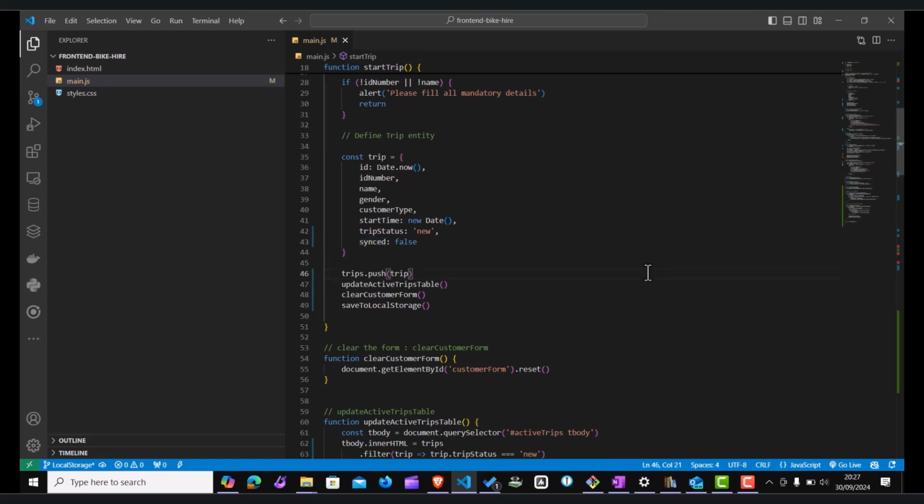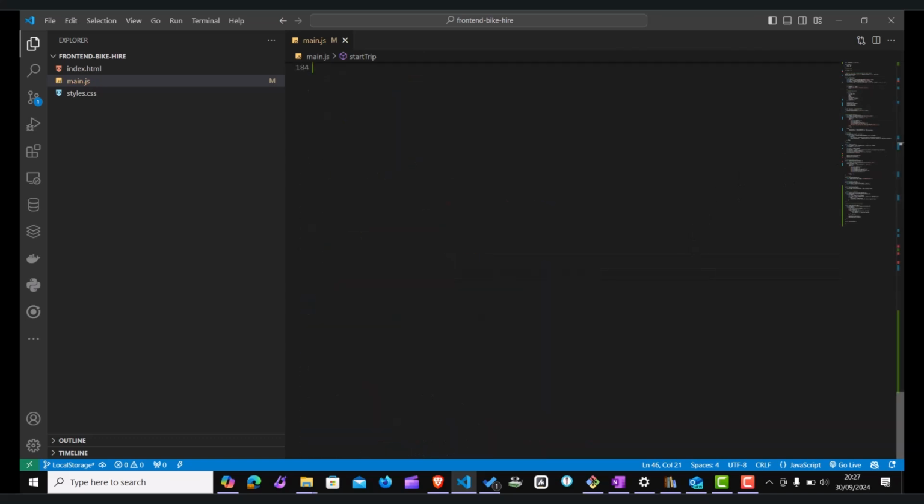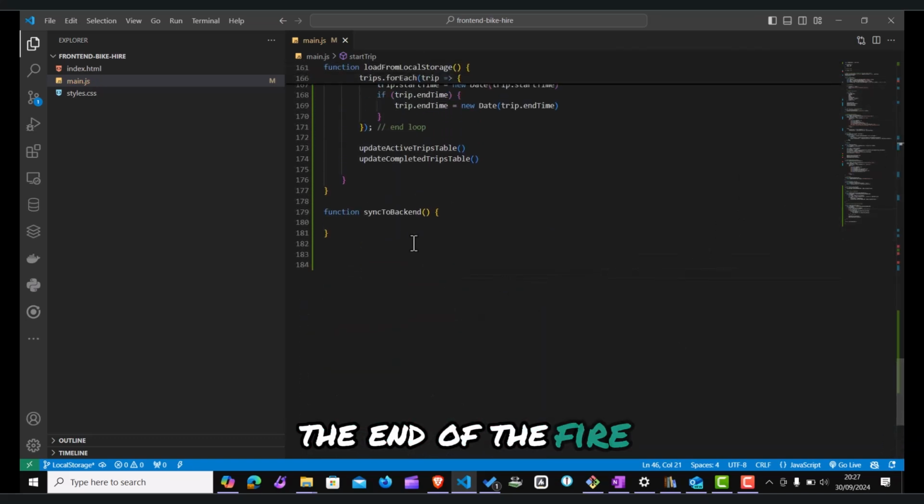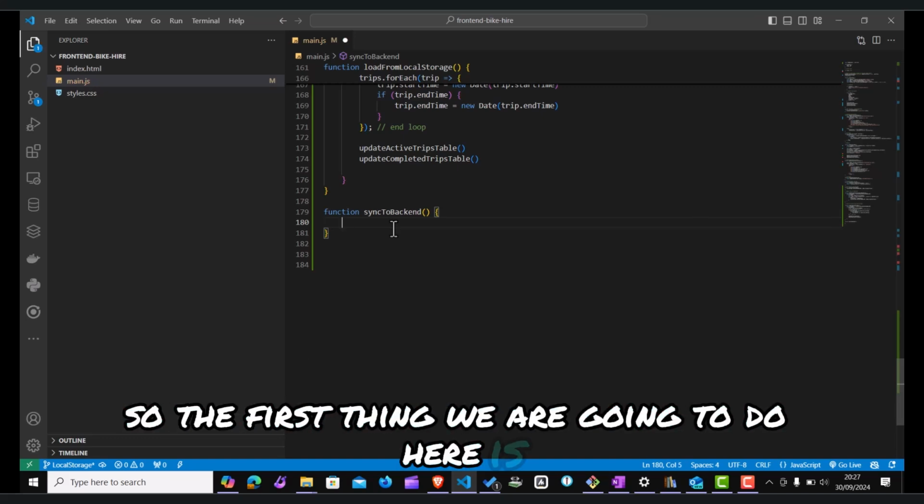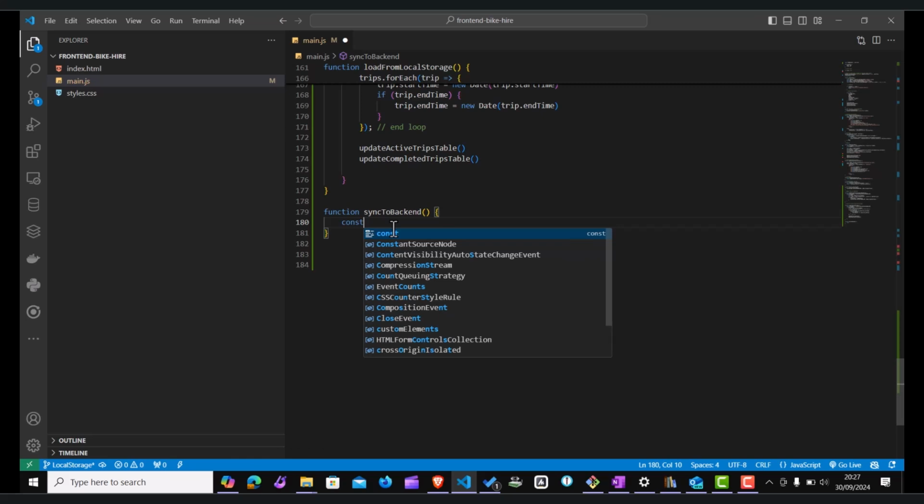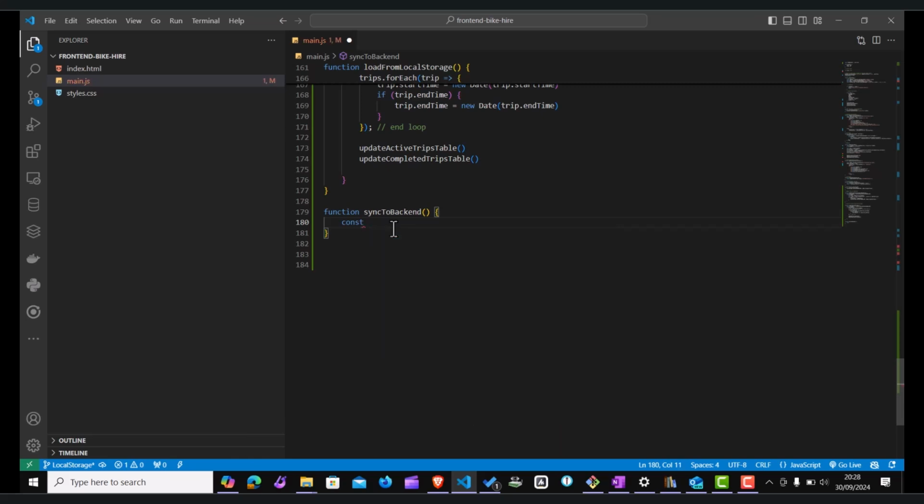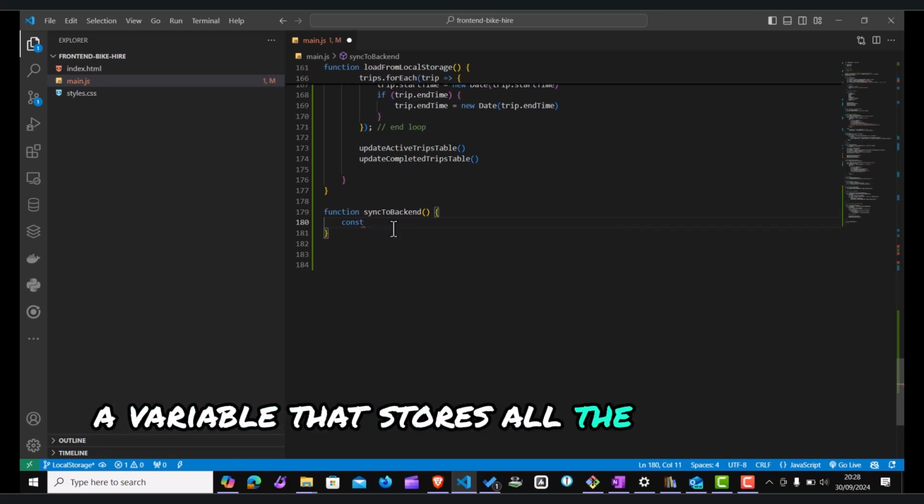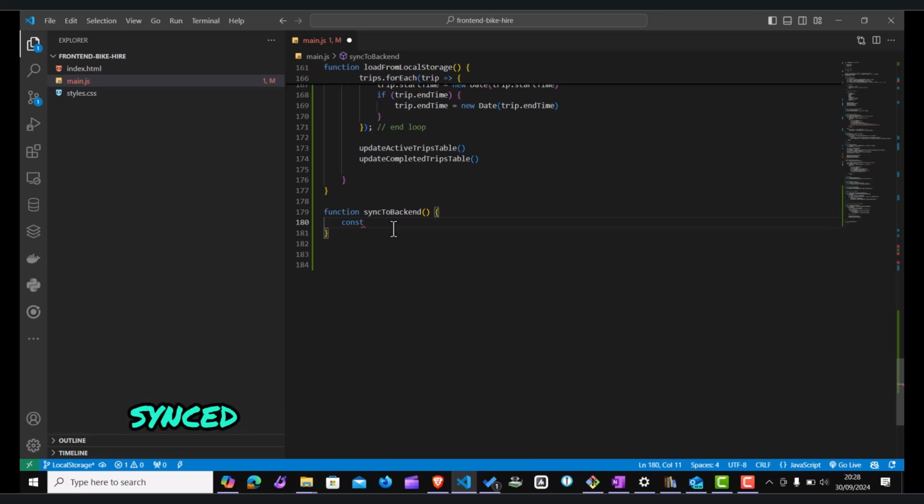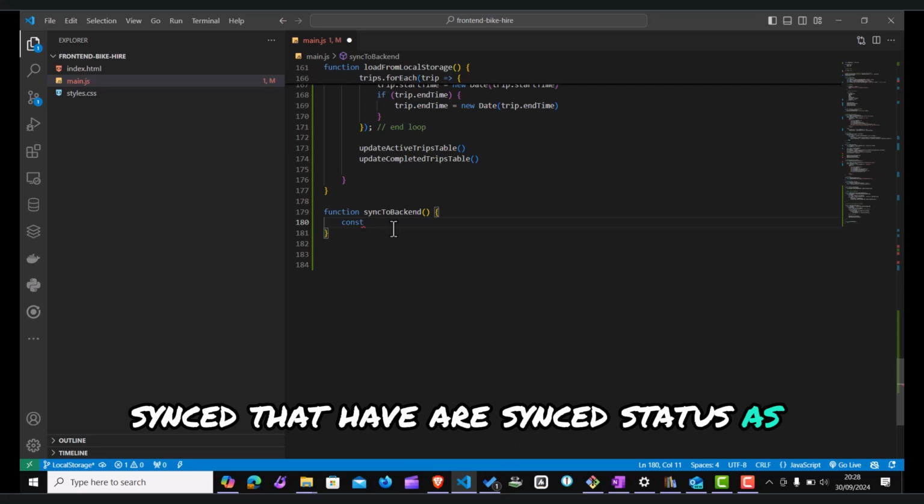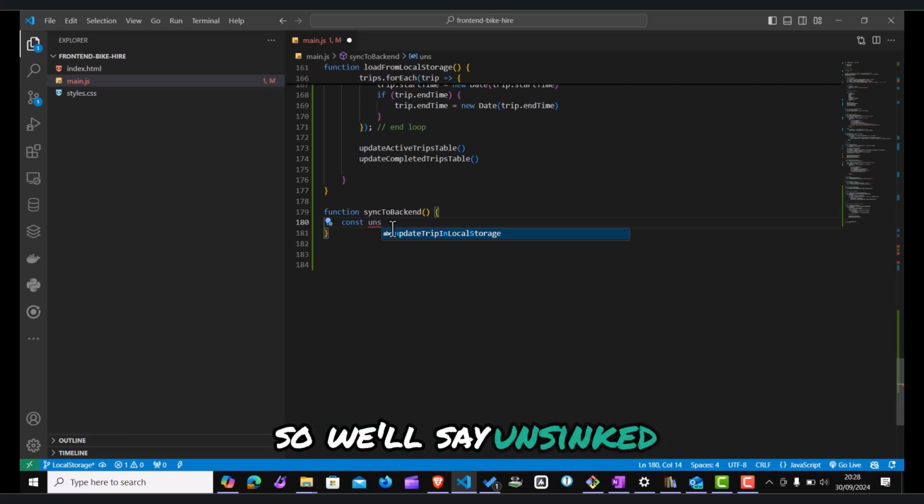So let me go back to the end of the file. The first thing we're going to do here is declare a variable that stores all the trips that are not synced, that have a synced status as false. So we'll say unsynced